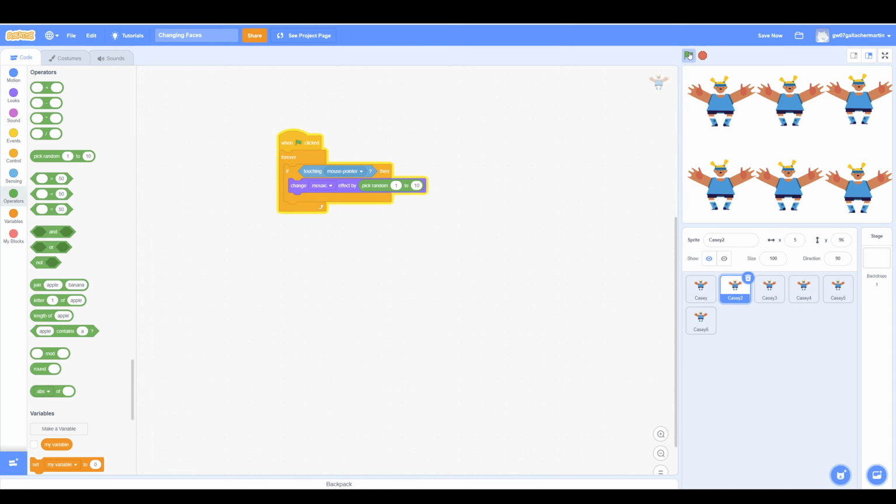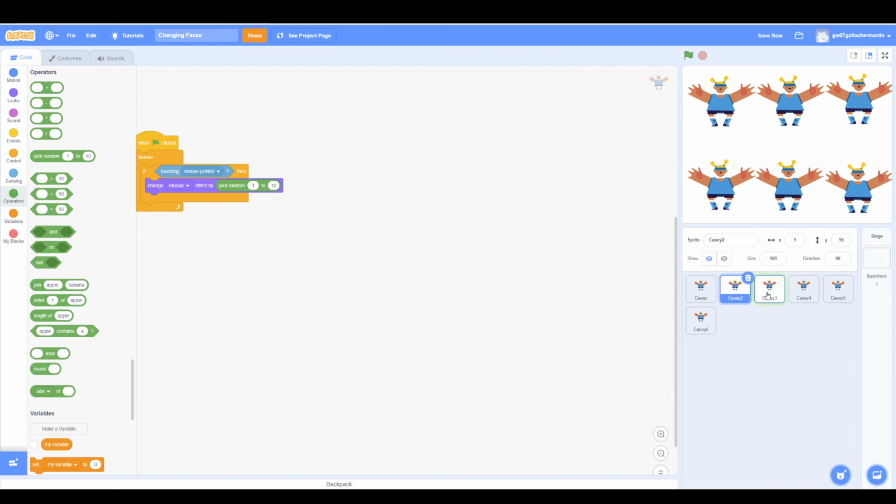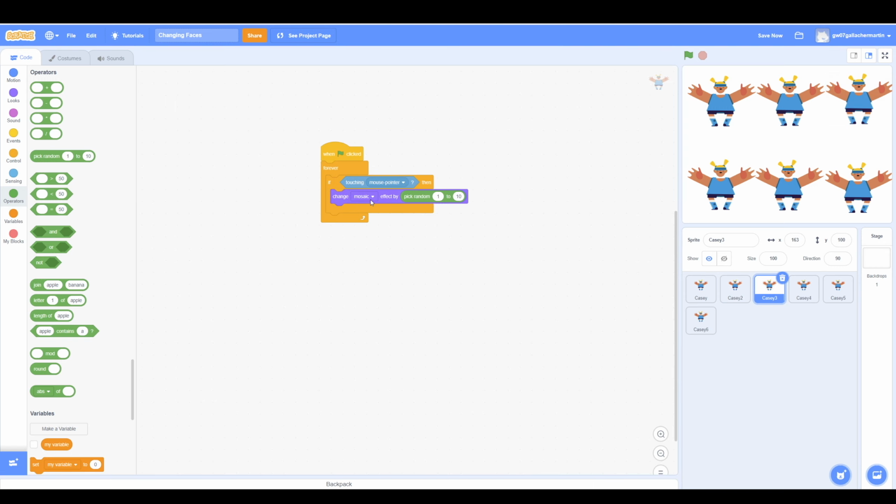So if I click green flag and see what happens to Casey 2, you probably need to move the mouse to make it happen. But you get a mosaic effect. When you press stop, it resets back to the way it was. So Casey 3, similar code. I'm going to click and drag onto Casey 3, and now Casey 3 has all the same code. I'm going to change mosaic effect to fisheye,